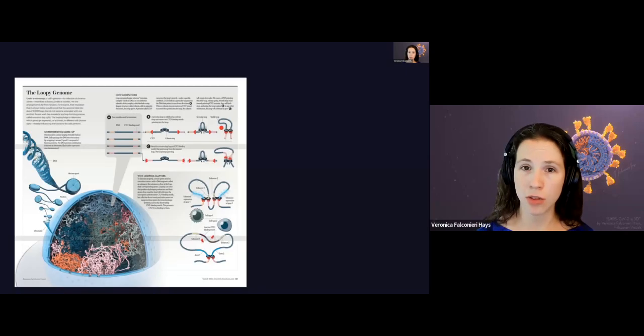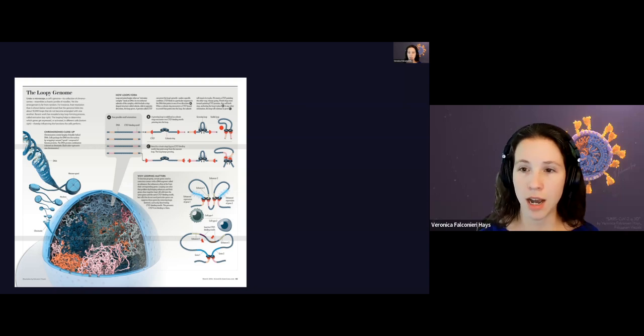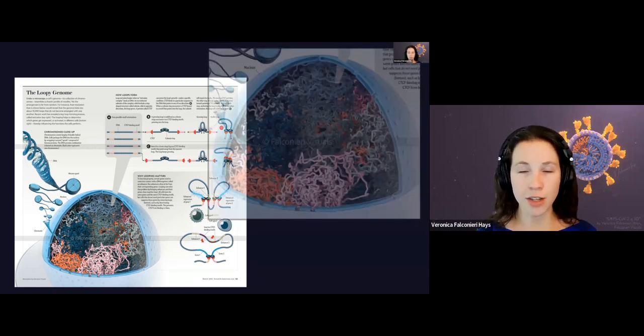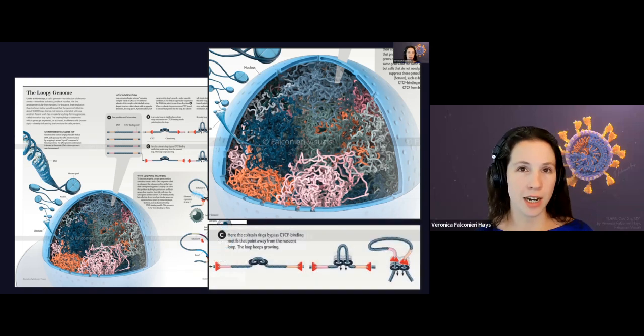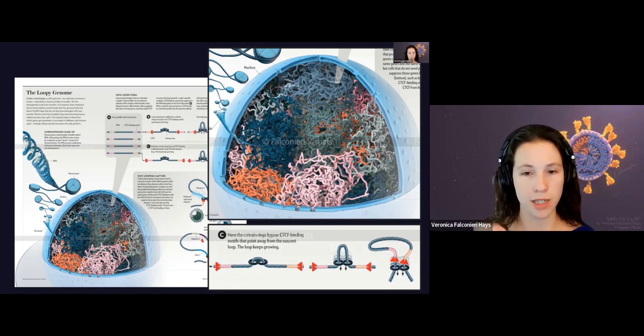Sometimes I get to mix 2D and 3D. So this is, again, another piece for Scientific American, explaining how DNA and chromatin specifically gets organized in the nucleus without getting tangled. So on the left side, I did this engaging 3D look at all that chromatin, a little simulation of maybe how the chromatin would pack into the nucleus. And on the right-hand side, I used, again, a more simplified 2D approach to show the actual mechanism of how certain proteins extrude it into loops to help it stay organized.